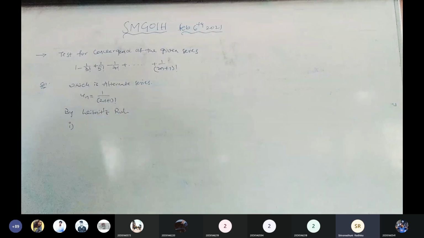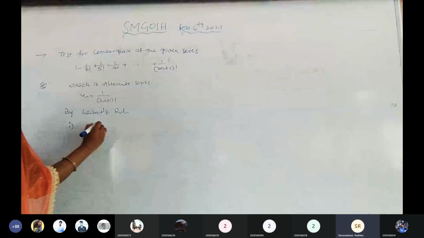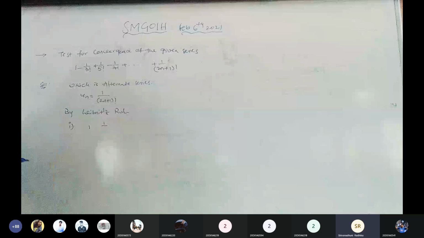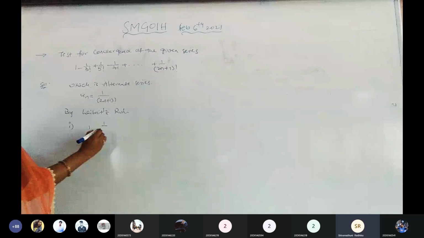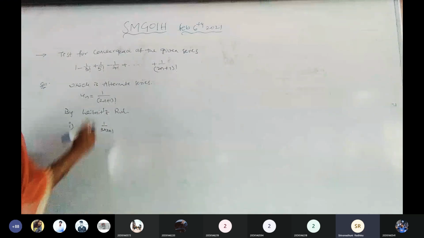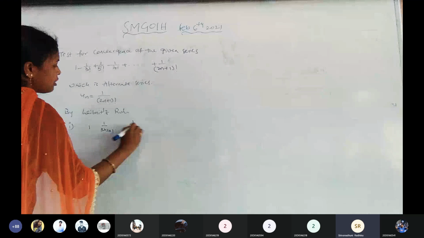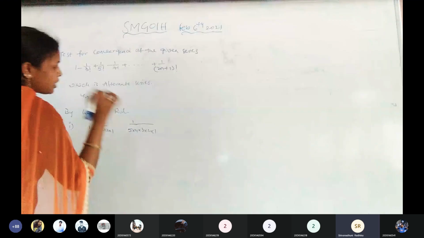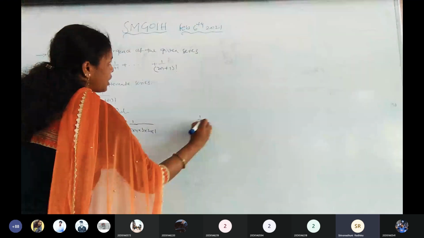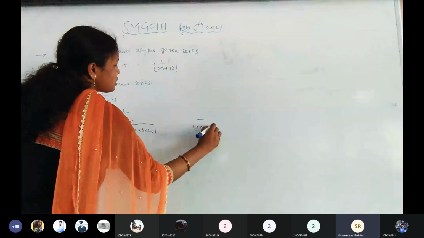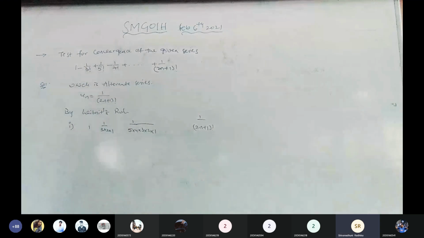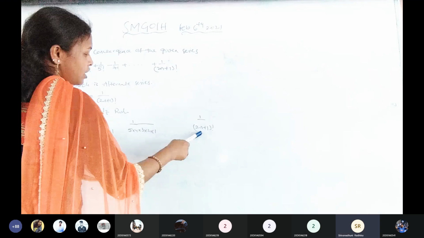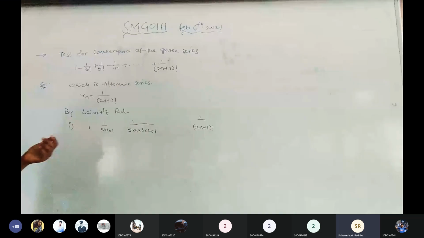We have to check each and every term, whether that condition is satisfied or not. So the first term is 1 by 3 factorial. What is the 3 factorial value here? 3 into 2 into 1. Next, 1 by 5 factorial can be written as 5 into 4 into 3 into 2 into 1. Is it clear? Like that, 1 by (2n plus 1) factorial, which we are going to expand. The last value is 1 in the given factorial.